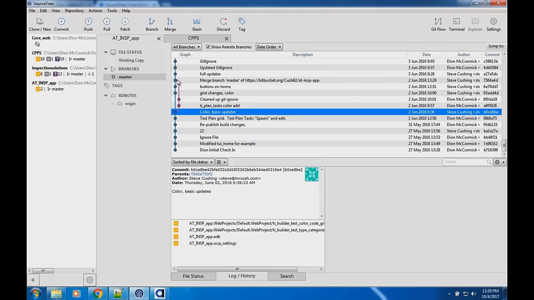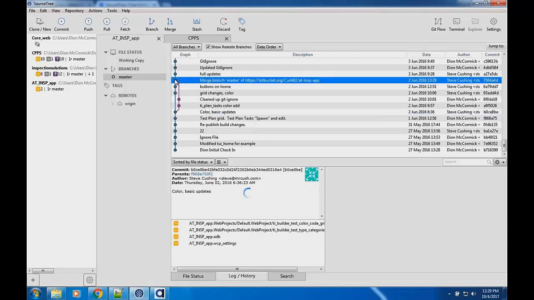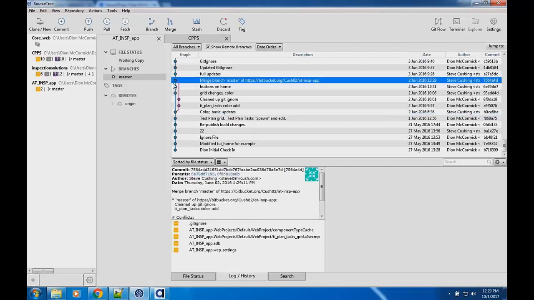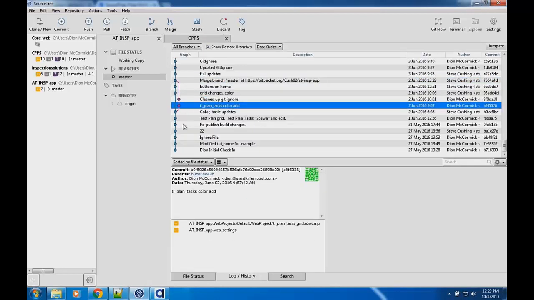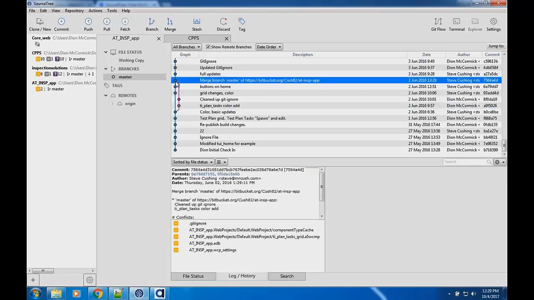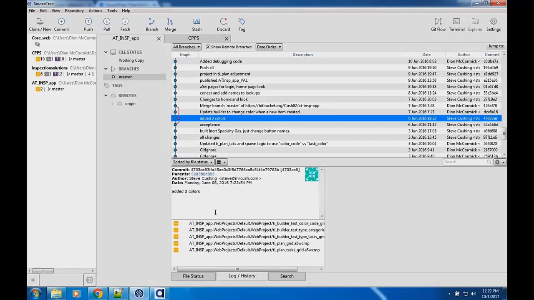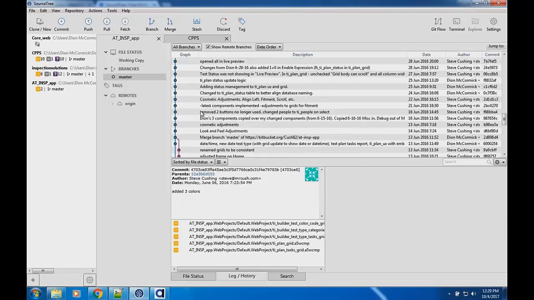Then you'll see here I created a branch, where I took the files and created a separate little area. In each of these areas I made modifications, and then I merged them back into the central location, and then I was back on one. The cool thing is that the visual representation by the source control tool will show you when branches occur, and I can go through each one to see what I did. Like on this branch right here, I was making some changes on this grid. I made some modifications, and then I checked them back in, and these are all the items that got checked back in. Then I went in here and did some more things, checked it out, so you can get a history of it from there.